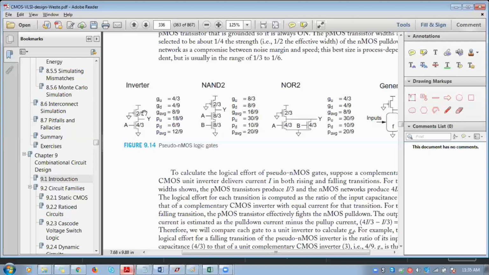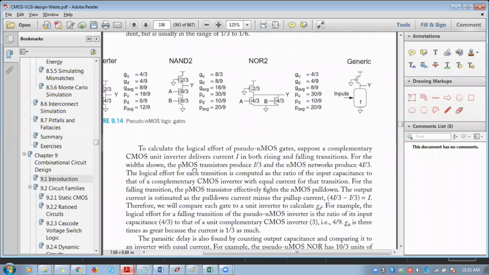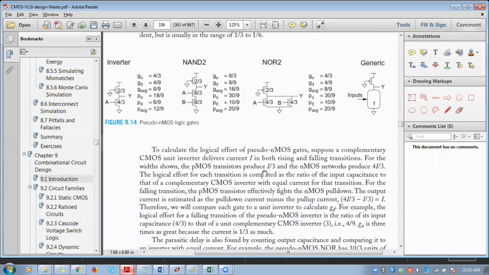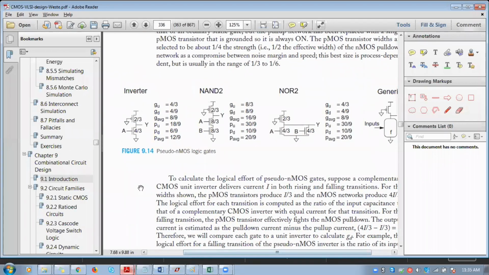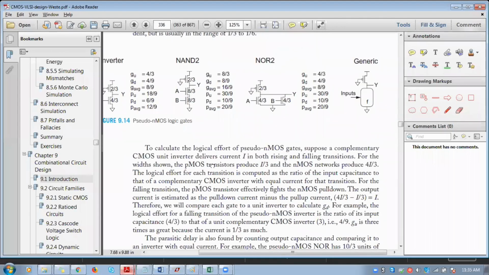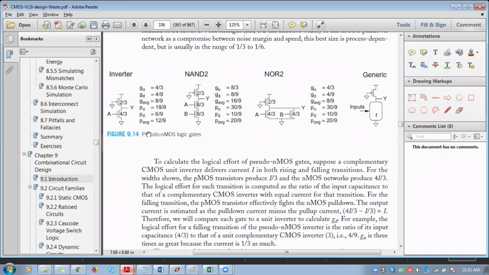It is 1 by 4th of this particular strength, right? What we have specified already. So whatever strength we apply to A, 1 by 4th of the strength only we are going to apply here. So here it will become 1 by 4 into K by 3. Here it will become K by 3. Here the notation they have specified is I by 3, with respect to current, and for NMOS they have specified 4I by 3. So they have specified 4I by 3 for NMOS and I by 3 for PMOS.